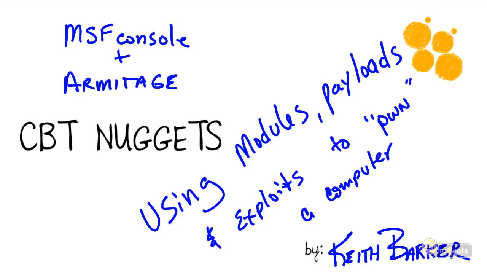Using modules, payloads, and exploits to own a computer. We're going to do this with two different interfaces. We're going to use the MSF console and we're going to use Armitage. They both, behind the scenes, are using the same techniques to implement the attacks, and we'll see both of them